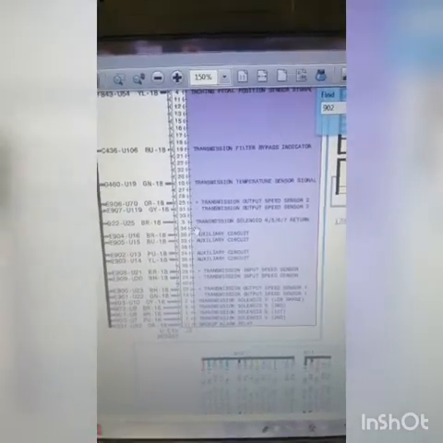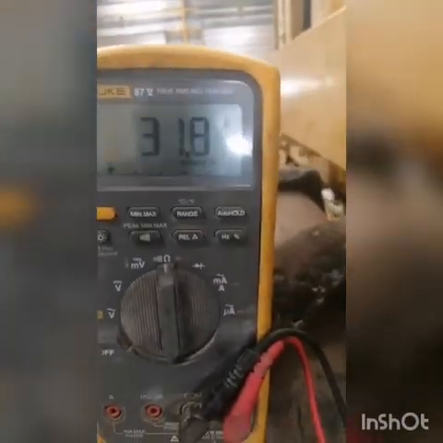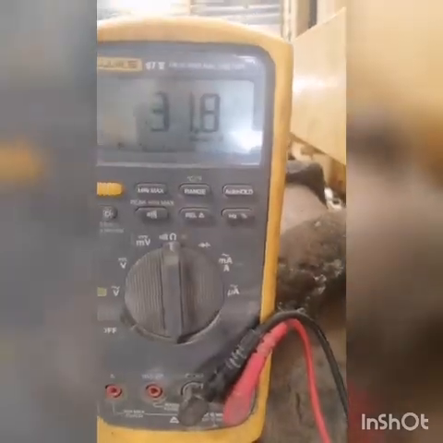That solenoid number 5 going to the chassis ECM, the transmission ECM, is shown here as pin number 8 for 902, and for the return ground pin number 3. So we can check from here now, number 3 and number 8. Here it shows the resistance of the solenoid coil is 31.8 ohm.